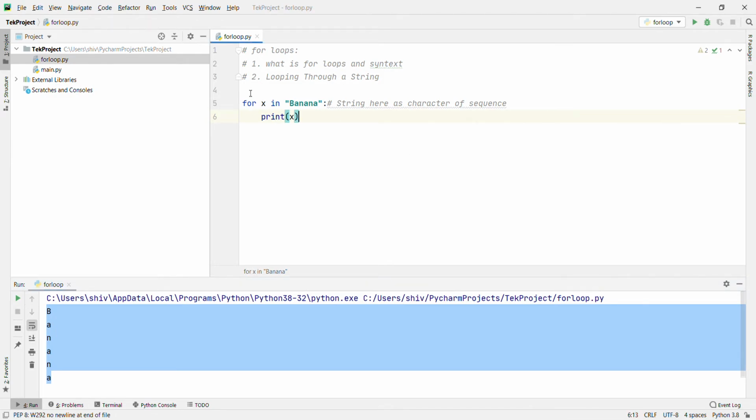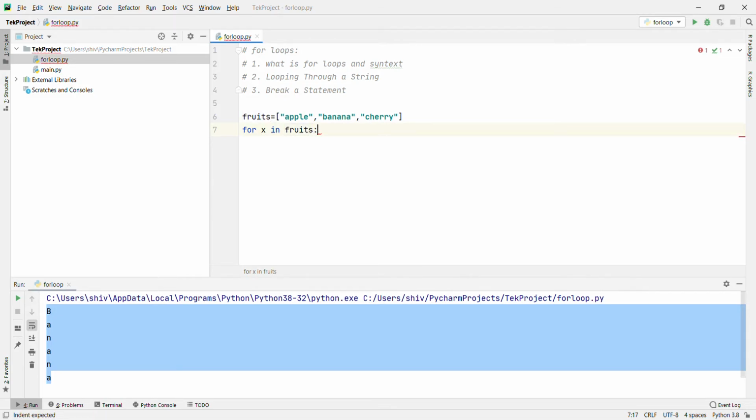Now we'll go with the third example, the break statement. We'll use the same example. What will the break statement do? With the break statement, we can stop the loop before it has looped through all items. What does that mean? Let's create a list first: fruits equal to apple, banana, and cherry. Then for x in fruits.